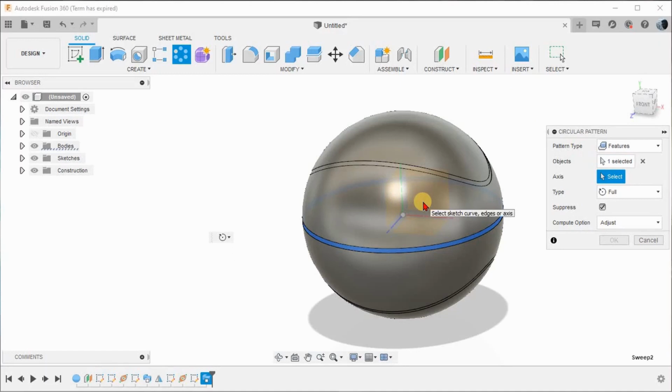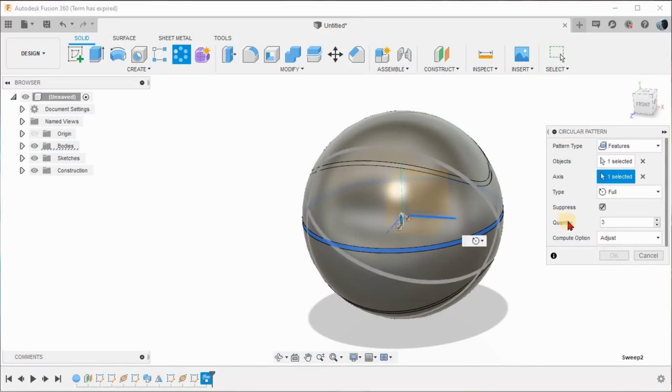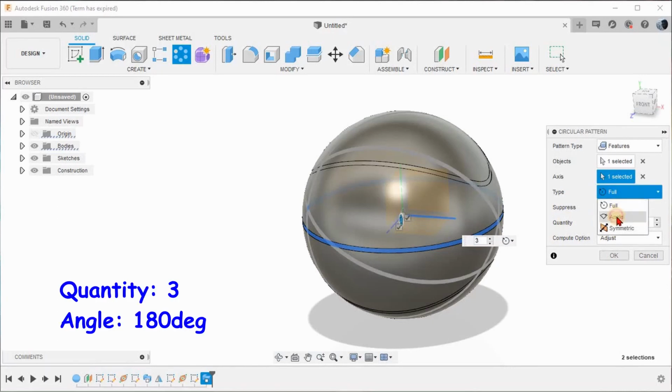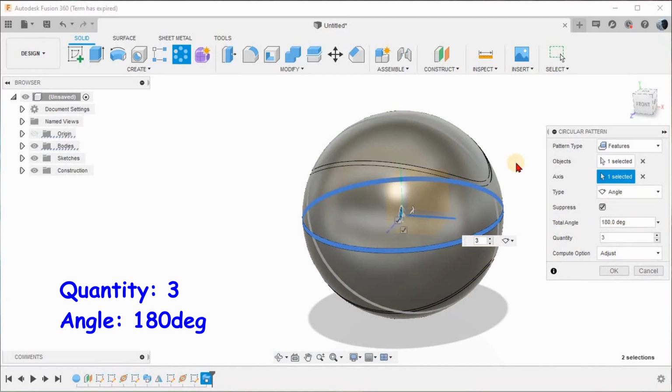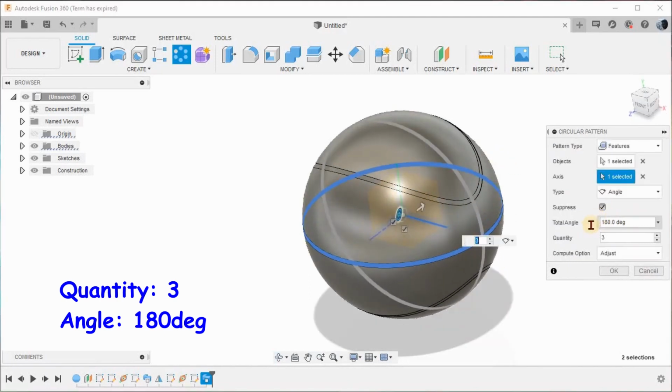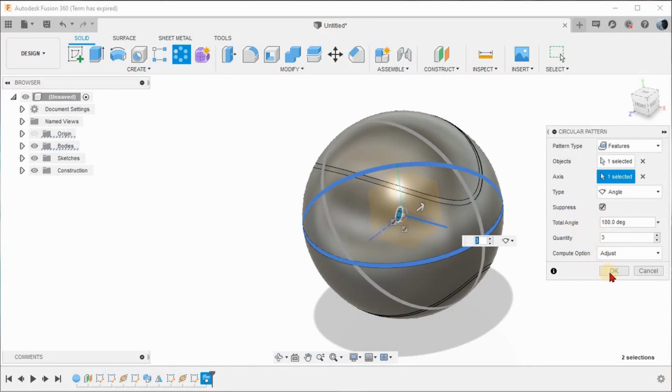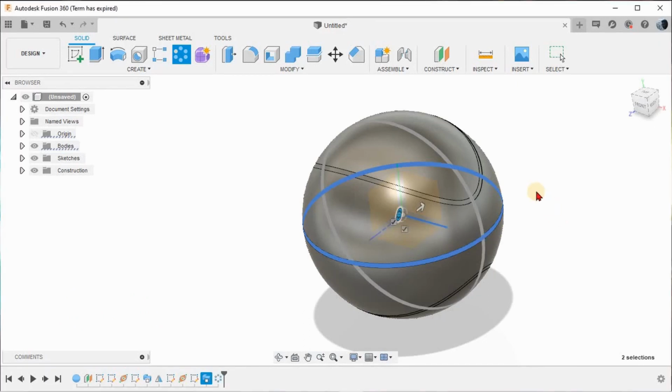So it has to be along this particular axis. Click that and it will ask quantity as 3, and instead of full you give angle, so automatically it is assigned 180 degrees. If not, just give the angle as 180 degrees, and just give OK.